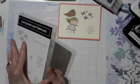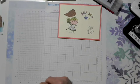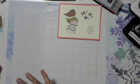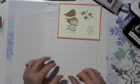This one is a red rubber clear mount that goes on our lucite blocks. And before I talk to you about the colors I'm using today and everything, I wanted to show you our